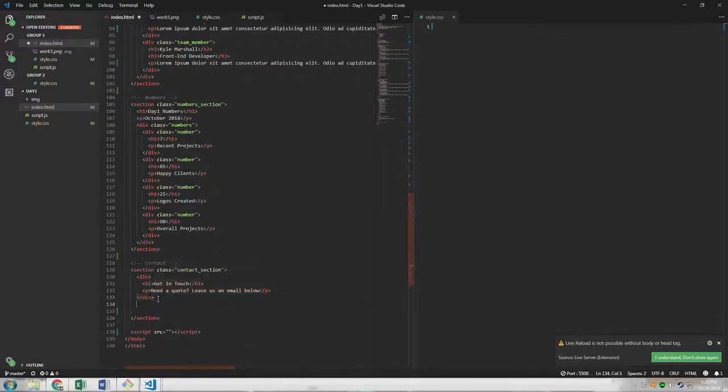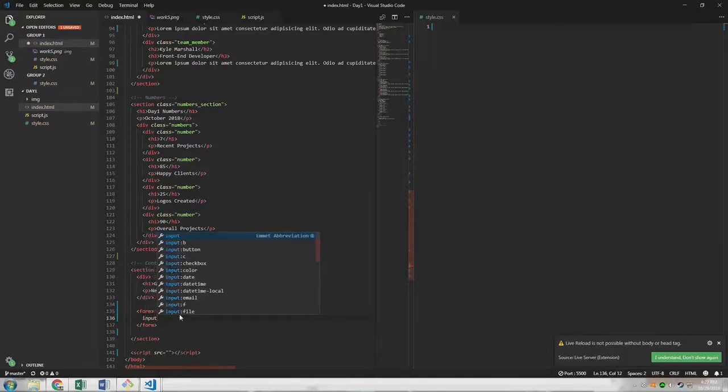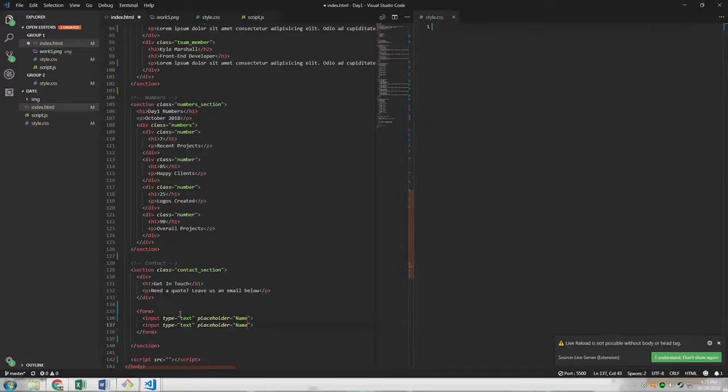And then under that, I'm gonna have the form, which can leave the action blank for now. Matter of fact, let's just get rid of the action for now. I don't really need it right now. And in the form, we'll have a couple inputs. Input tab will give you input type text, which is what we want for the first one. I'm gonna add a placeholder name, and actually I'm gonna hold Alt Shift down arrow to duplicate that. And this one I want to be an email. Type email, placeholder email,